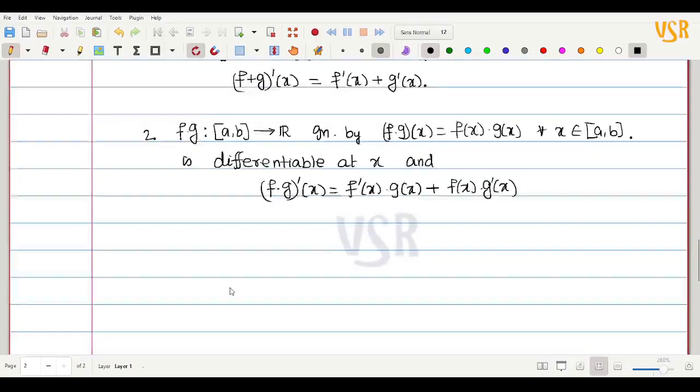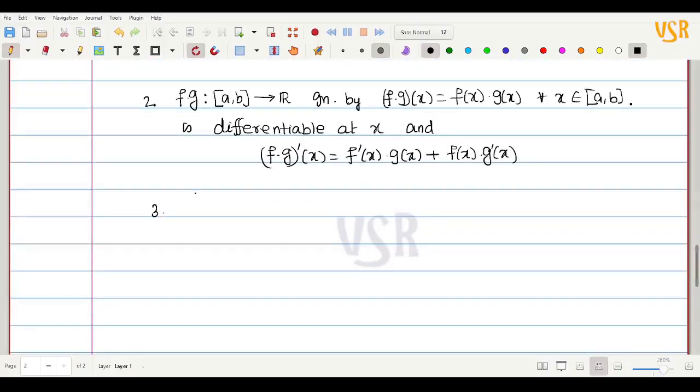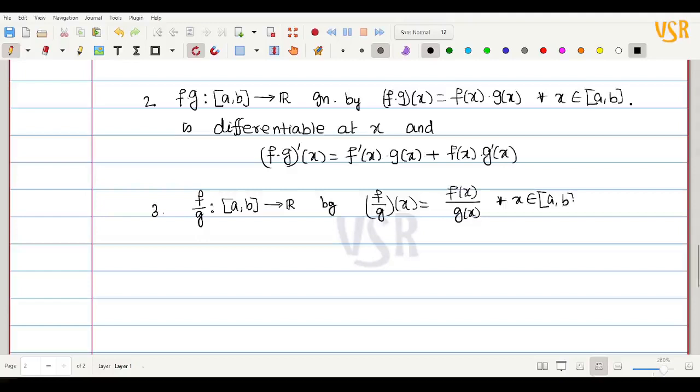So these are all the theorems we are going to prove today. In the class we will see this. And one another thing is f by g. It is a function from the closed interval [a, b] to R, given by f by g of x equal to f of x divided by g of x, for every x belonging to the closed interval [a, b], with a strong assumption that g of x is not equal to 0 for every x belonging to [a, b]. I have defined this function under the assumption that g is never 0. It is differentiable,